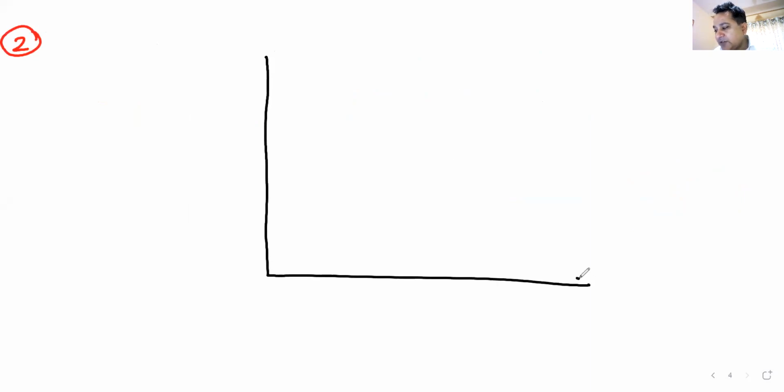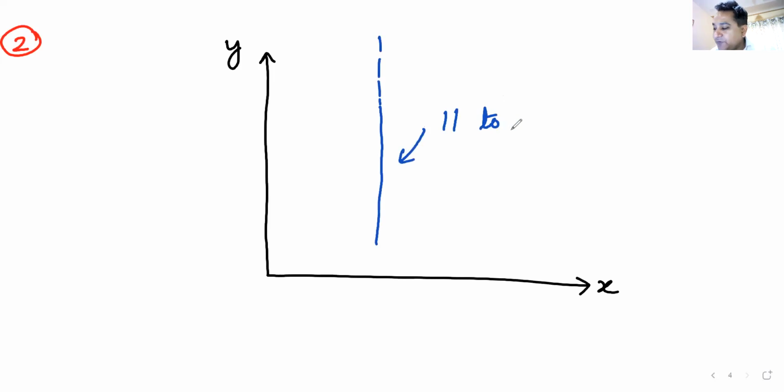We might not encounter the slope, but let us try to understand. This is y, this is x. Y is the dependent variable, x is the independent variable. Now I have this straight line. It's not a straight line, I mean, this is the best I can draw. And obviously this straight line is parallel to one line or line segment, whatever you call it.